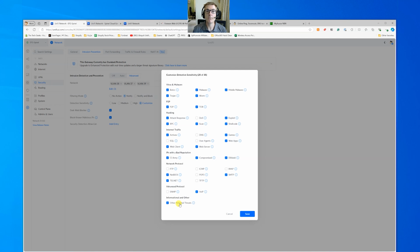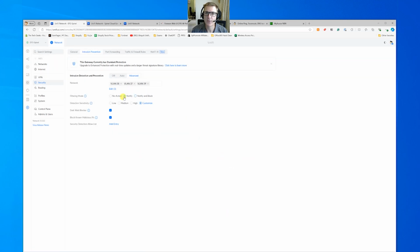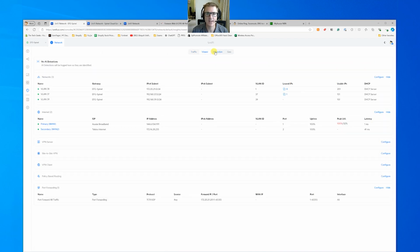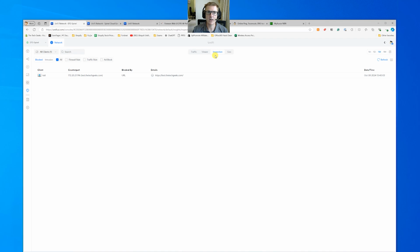That's almost saying you might be caught if you're speeding. You may not be. It's a bit of a hit and miss. I would still keep this on notify for a little bit until you can collect some information, and we're going to start to see that appear in many of our detections and everything that goes along with inspection as we start to roll along some of our